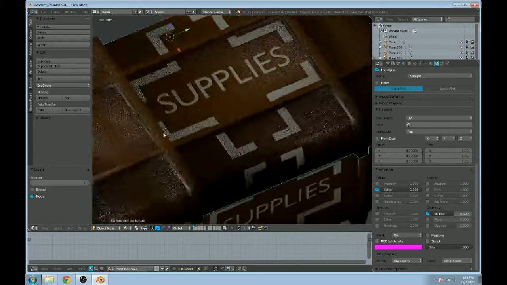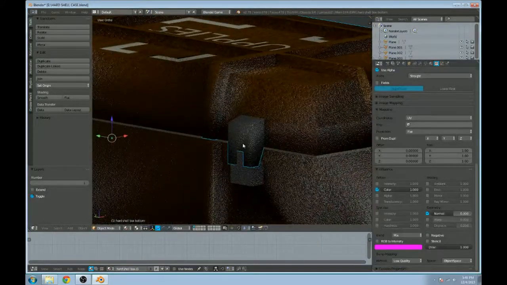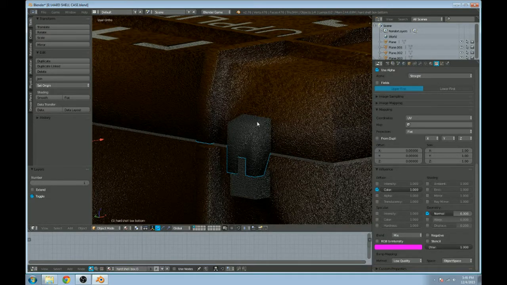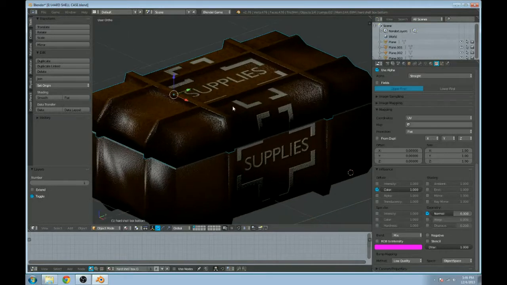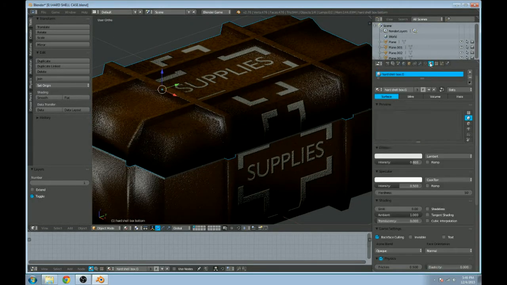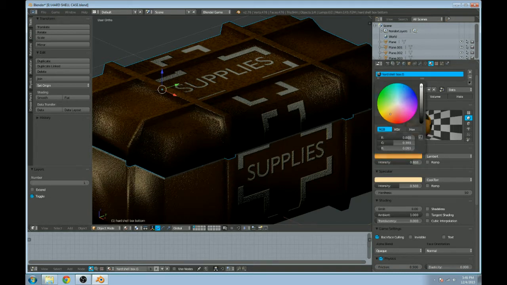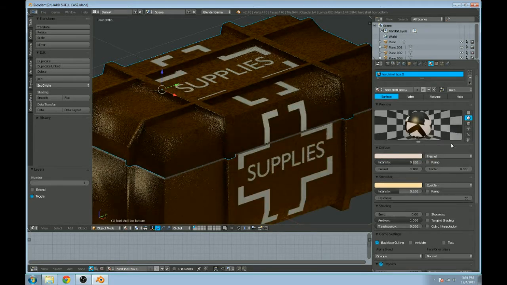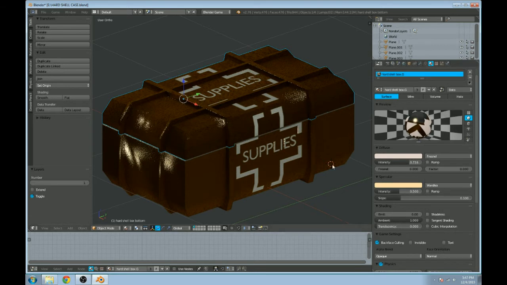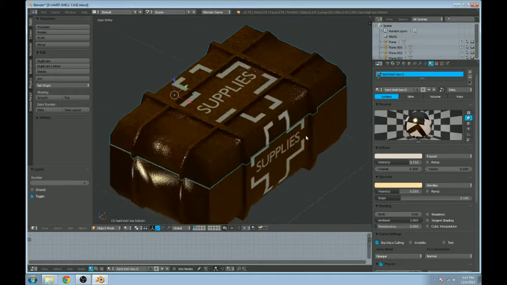The other textures that are on it, like it has the nice bed liner kind of look to it. This is also kind of bed liner. I didn't really want that. If I wanted to fix that, I could just add a separate material for that, and it would be two different materials, one being glossy. The material shader, what I'll actually do for the specular is I'll add kind of an orange color to it, just a little bit. This doesn't really matter. Add that, and then all you have to do is just go through and pick out, this is way too shiny. Looks kind of pretty though, but